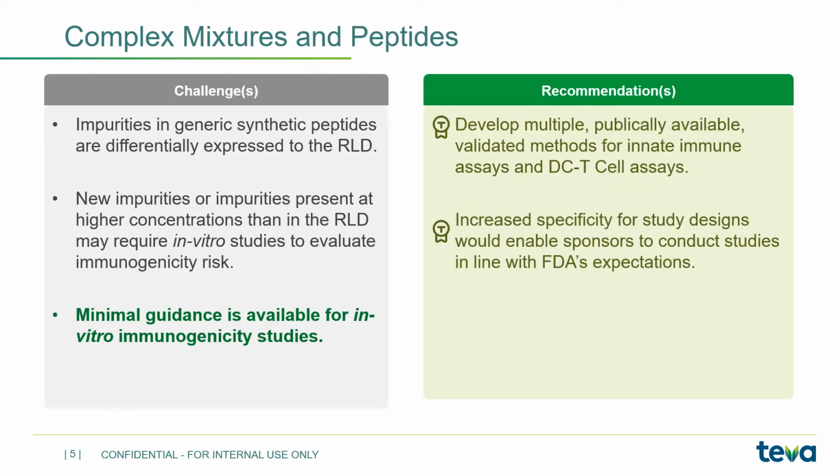Impurities in generic synthetic peptides, which refer to a recombinant RLD, are differentially expressed relative to the reference product. From this analysis, new impurities, or impurities that are also present in the reference product but at a higher concentration, are handled on a case-by-case basis using a totality of evidence approach, including in vitro studies to evaluate immunogenicity risk. But there is minimal guidance available for in vitro immunogenicity study design expectations, and the specific details are often communicated